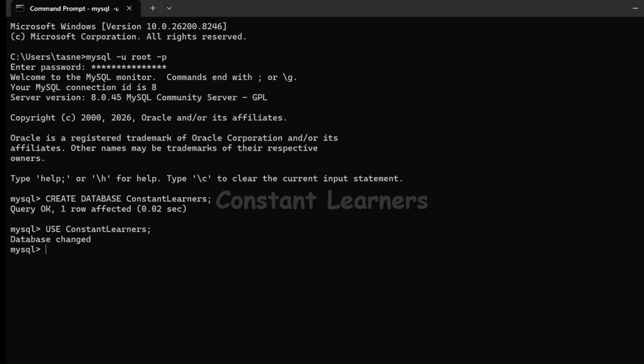Next, what would be the names of those columns? Third question would be, what will be the data types of each column? This is important. You cannot store any data in any column. You cannot store integers in date and time column, right? Or you cannot use date and time for an employee ID, right? So we have to define the data types.